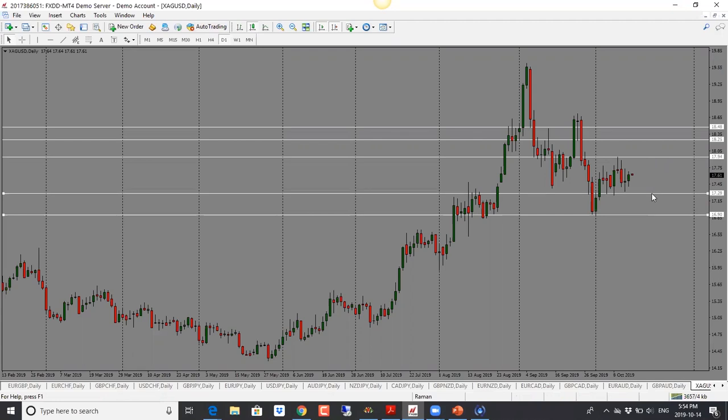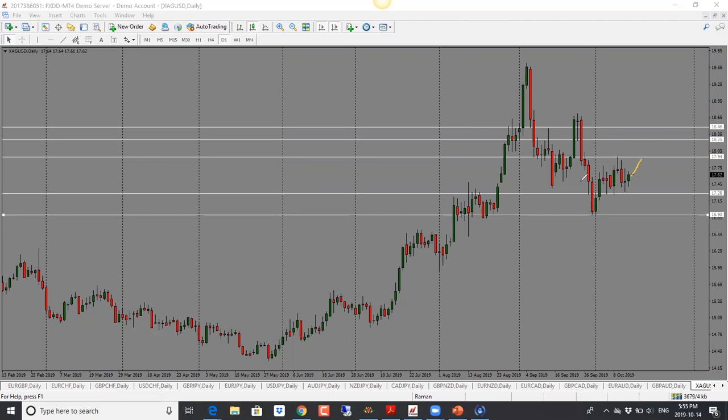We haven't really had any kind of conclusive decision, I should say. There's been no agreement. There's been some comments in regards to this potential interim agreement or a mini agreement, but we'll have to see what comes out of it. For now, though, today's candle is bullish, so I will look for a move